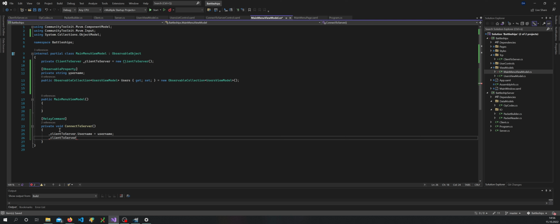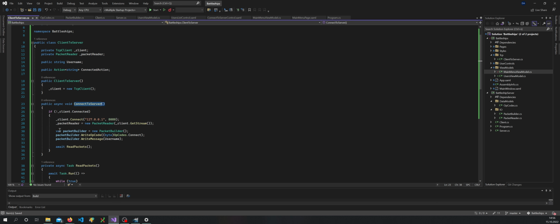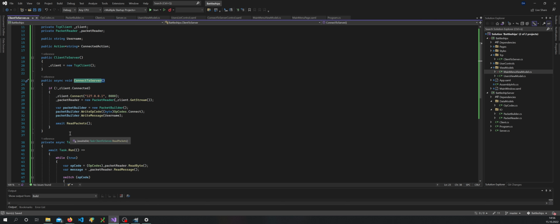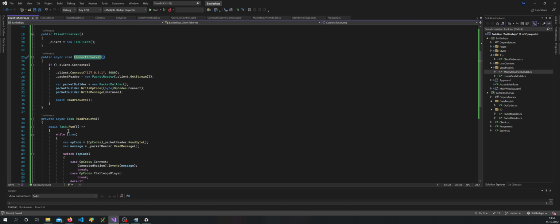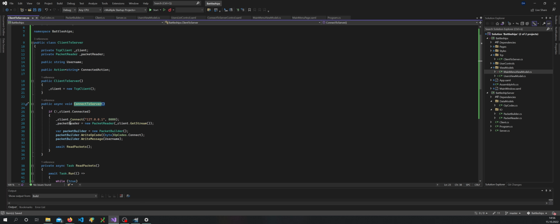And here we'll call client to server and then connect to server. Okay, so now if we do this, then